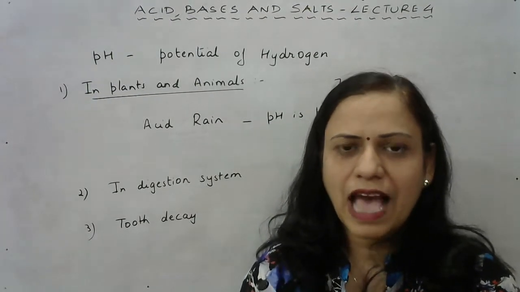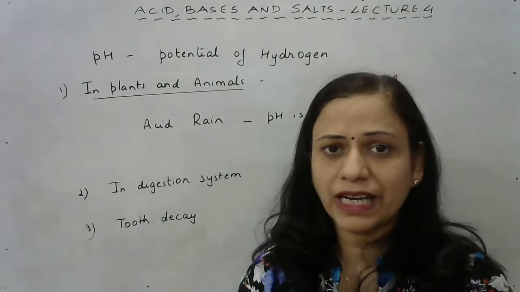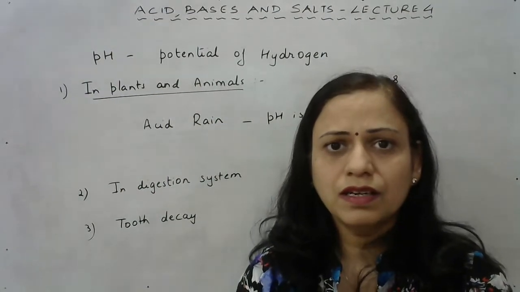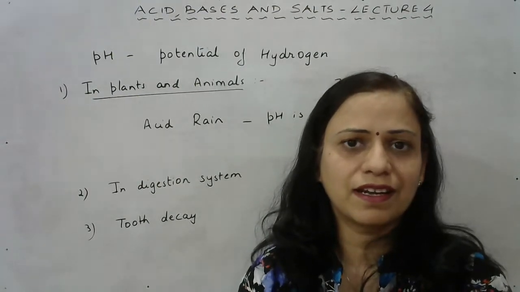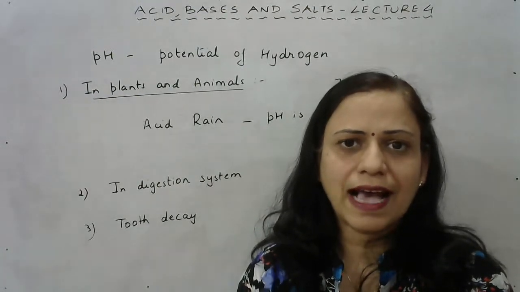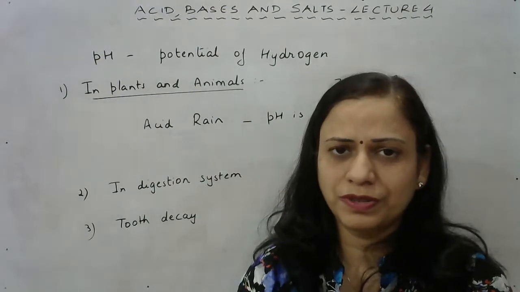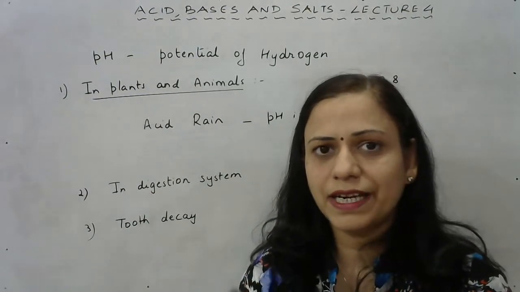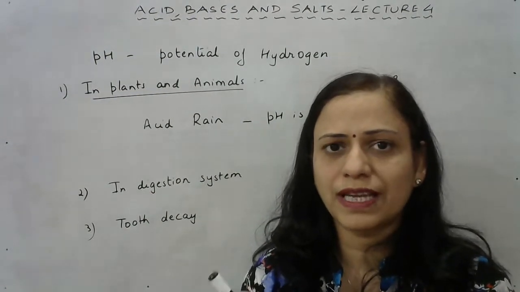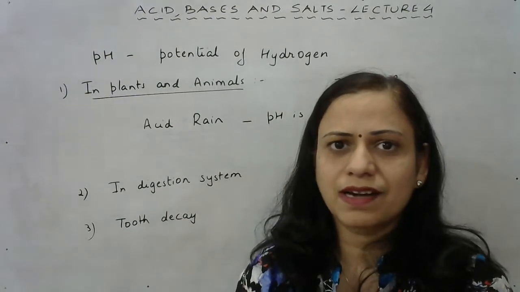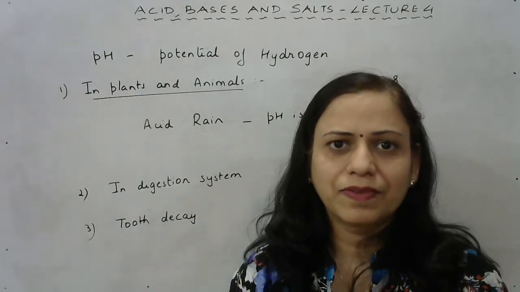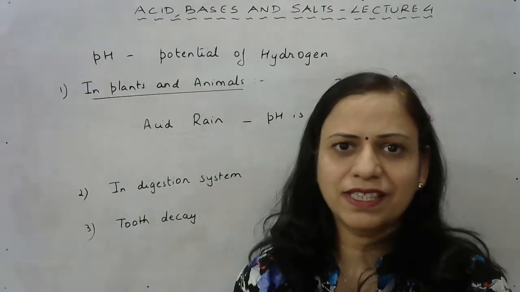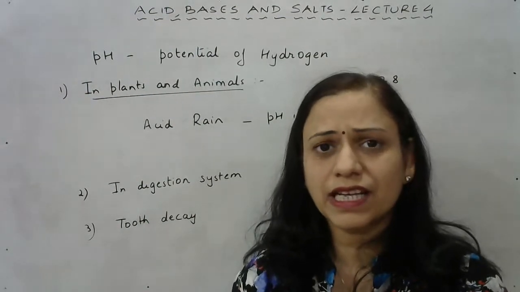Our teeth have a very hard outer protective coating which is known as the tooth enamel. It is the hardest substance present in our body. And when acid is present in our mouth, that acid has the ability to dissolve the tooth enamel. So once the tooth enamel starts dissolving, we tend to get cavities in our teeth, and then we have to visit a dentist and get ourselves treated.